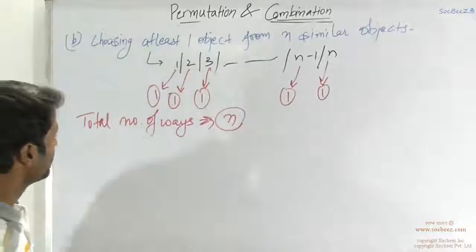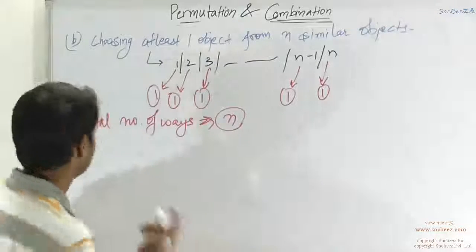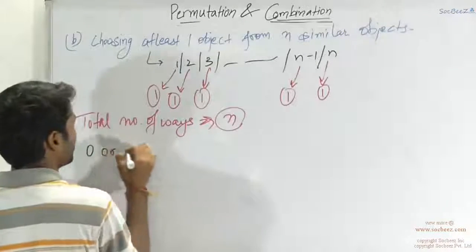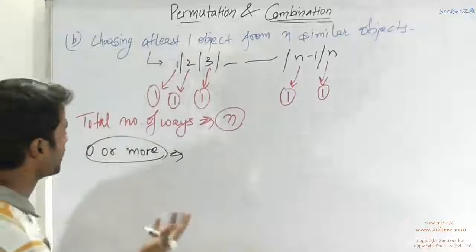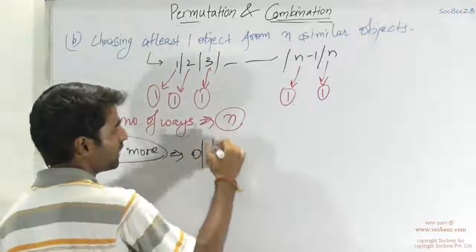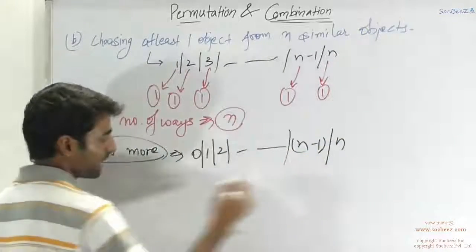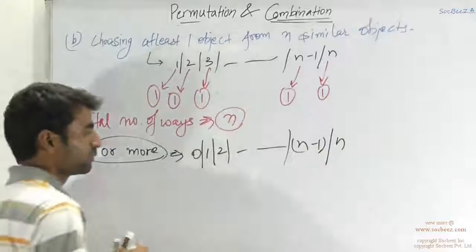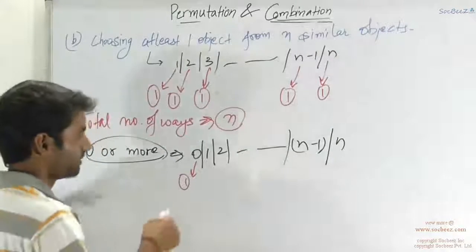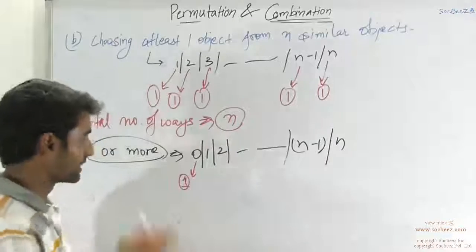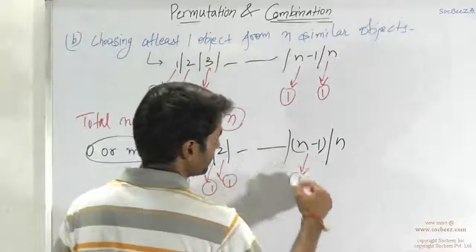Okay. So there is another part to it. If I had asked you to select 0 or more, this wouldn't have made much of a difference. It would have just added a case of 0 as well. 0, either 1, 2, till n minus 1, n. So not selecting any object is one more case. There is only one way to not select anything. Because you are not selecting anything, there is no way to arrange them or choose from any other possibilities. Similarly, all the others would be 1, 1, 1. There is only one way to select all of them.